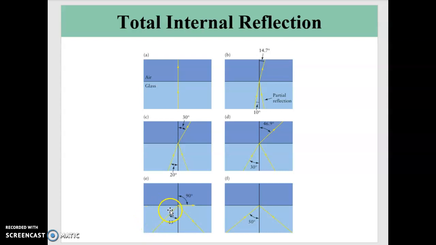And when that happens, when this situation occurs, when my beam is put at an angle with respect to the normal such that the refracted beam moves right along the boundary of the two surfaces, that is what's known as the critical angle. And any situation where the light inside the more dense medium is incident on the boundary at a greater angle than that, then there will be no refraction outside of the medium. It will be completely reflected because now this part of the beam actually starts to move inside the medium, and when it does that, the only thing it can do is be reflected, and you have essentially a mirror surface. Okay,